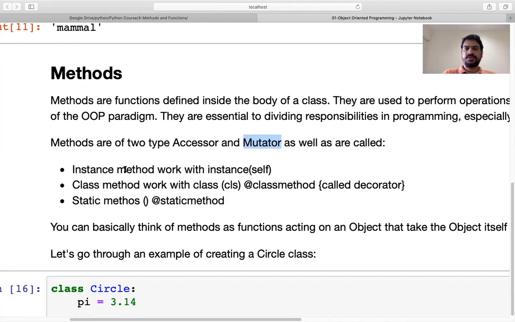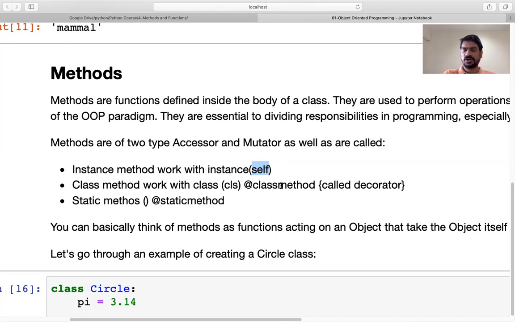There are different types of methods we have. The first type of method is called an instance method. It works with any name that we give to that particular method, and we pass self there. Self is a reference to that particular object which is calling this function. A class method works with the class, cls.